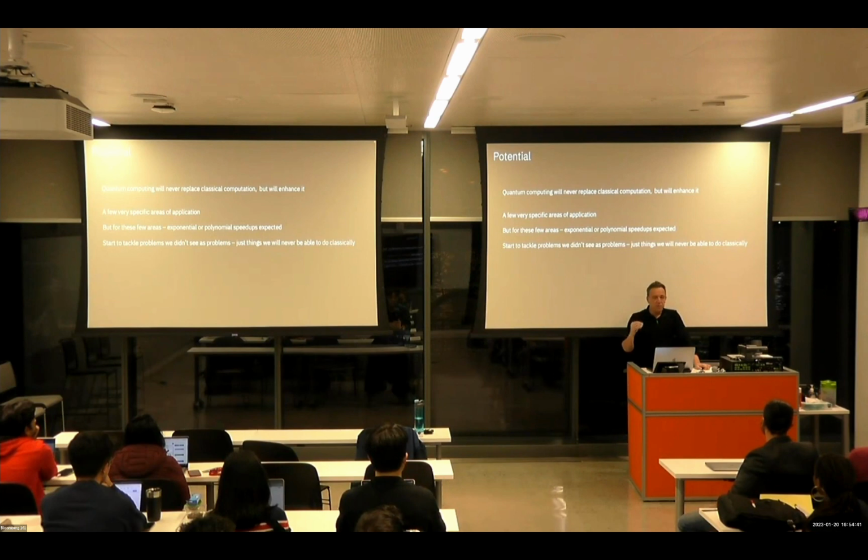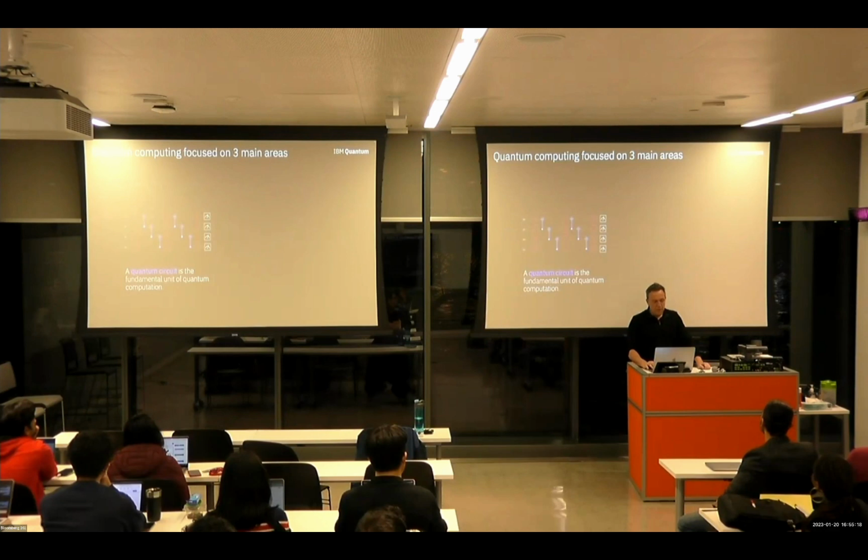So it's a really odd situation where computation ability has taken a massive step up, or will do very, very soon. And we're starting to think about problems that we didn't even see as problems. Most of the scientists I work with said, we never thought in a million years you'd be able to do prime factorization. That's, in fact, why we based encryption around it, because it was so difficult to do. We didn't think in a million years we'd be able to do molecular simulation. And now it looks like we actually might be able to do that at some point. So we're starting to think about problems we didn't even see as problems, just things we'd never been able to do. So I'm going to talk about the potential, then I'm going to talk about the challenges, so that brings us back down to earth again.